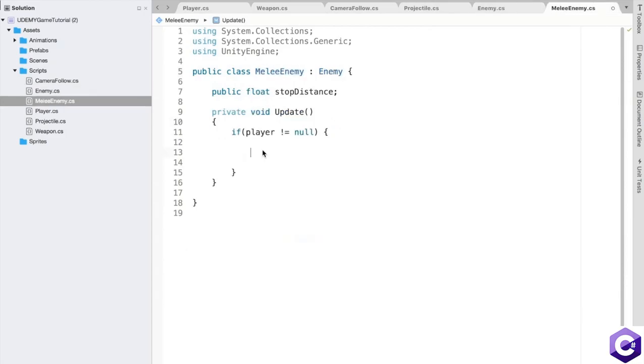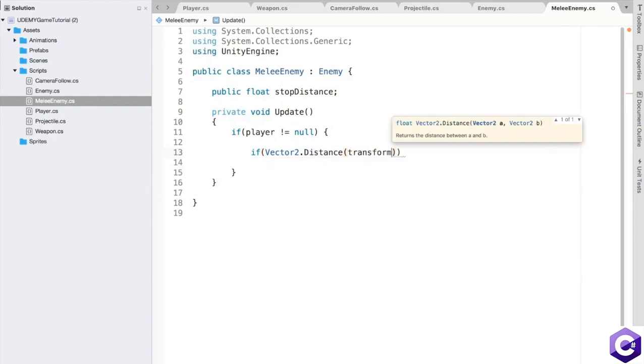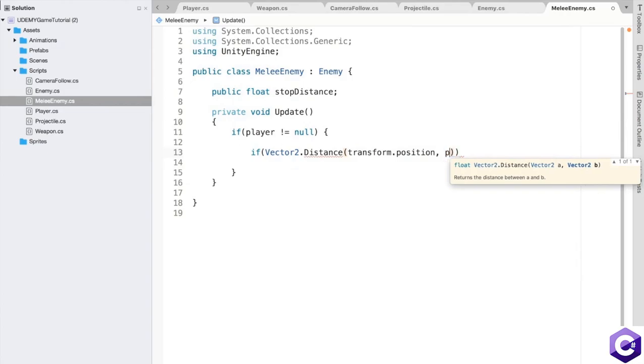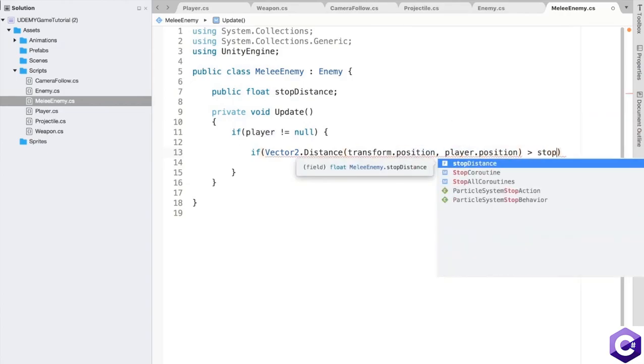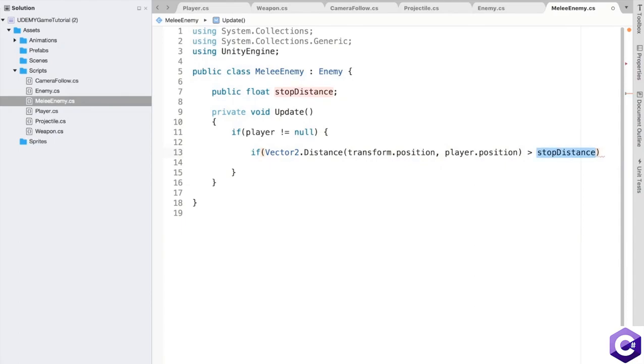If the player is not equal to null, I'm going to check if the Vector2.Distance between my current position, so transform.position, and the player.position is greater than the stopDistance. So in other words, if we are still too far away from the player. So if we are too far away from the player, we want to continue to move towards the player. To do so, we're going to say transform.position is equal to